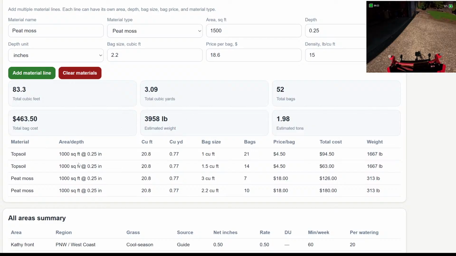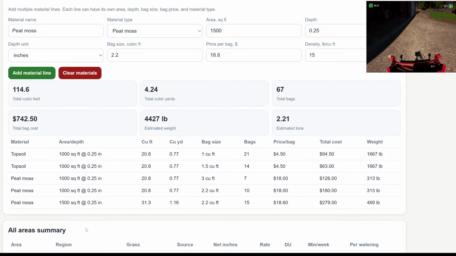I need to add a material line. There we go, 1,500 square feet. We're adding a material line right here, and basically we're saying at 1,500 square feet at 1/4 of an inch, a 2.2 cubic foot bag of peat moss right here. Price per bag, and we're getting 15 of them based on the 1,500.